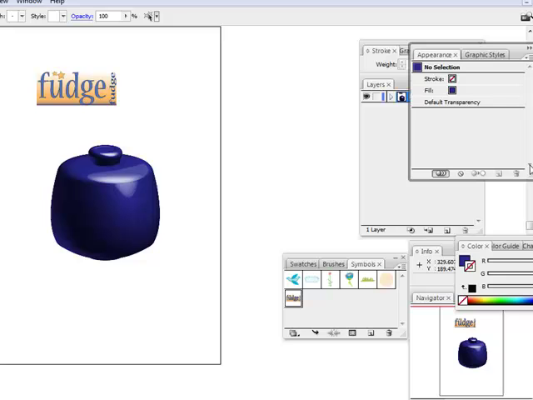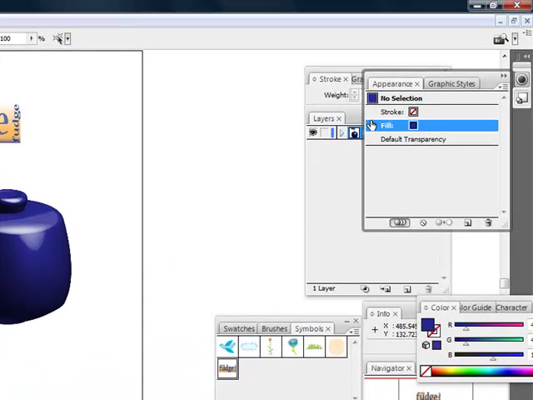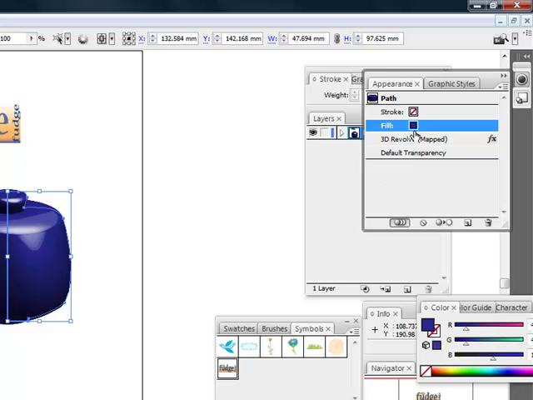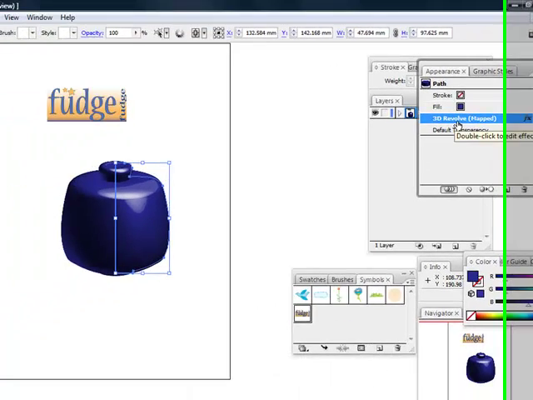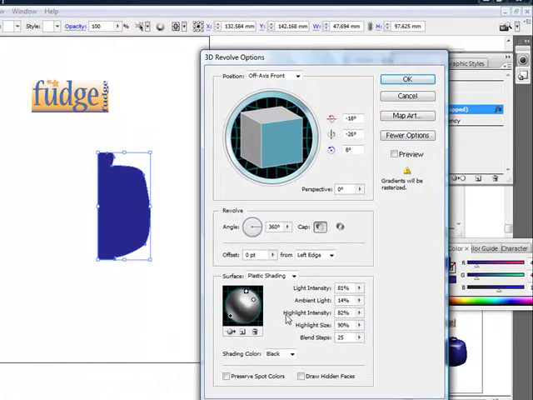And if you scroll down here, you should be able to get your appearance. Once you've selected it, you'll see 3D Revolve. So if you double click onto that, then you'll get this Revolve option again,